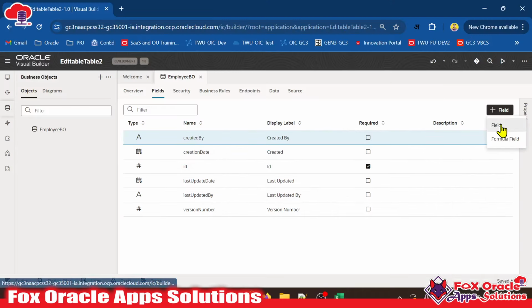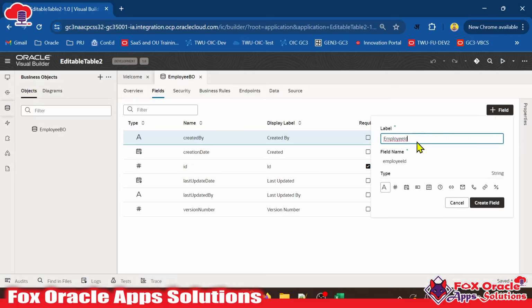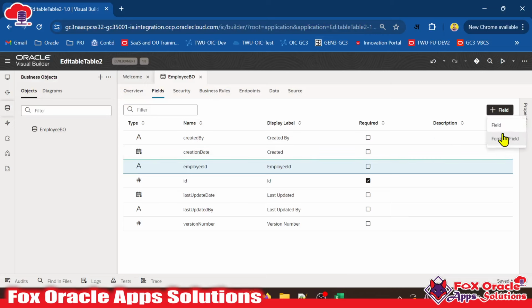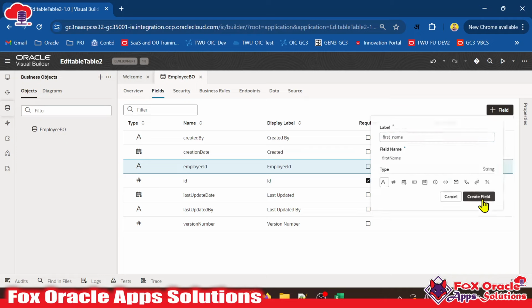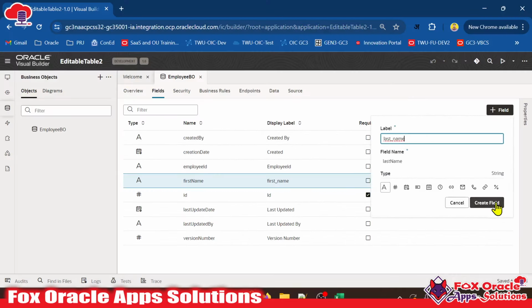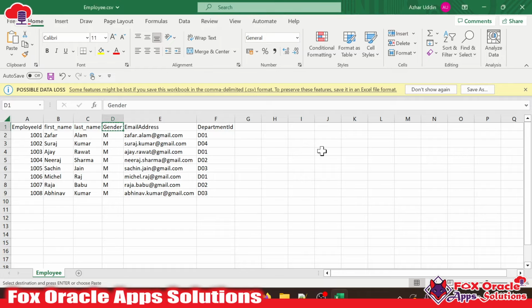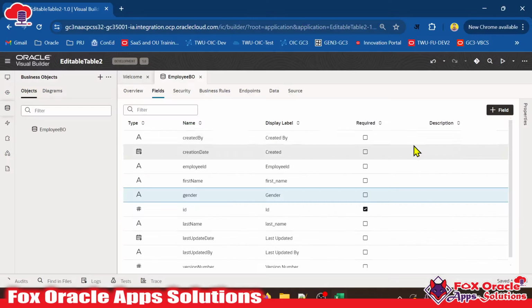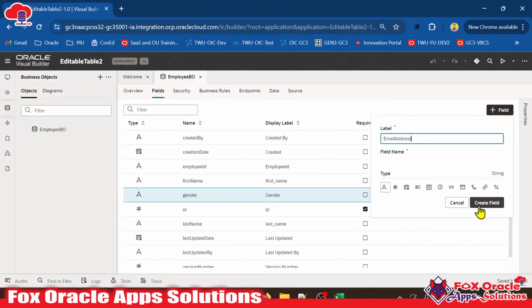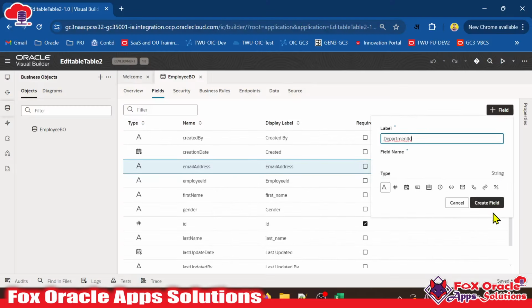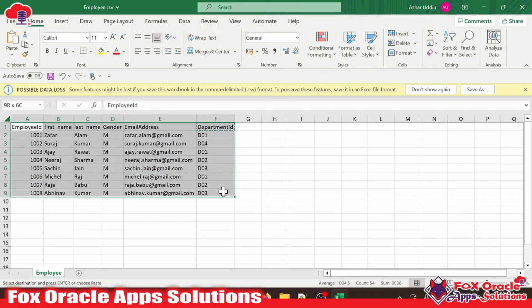So click on field. For the field, give the name as this one, employee ID, and everything I will consider as a string only. So just click field. Now I will go for first name. Click here, field, first name. Same way I will go for last name. Click on field, last name, gender, email address, and the last we have department ID. So let me go for department ID too, so that I can use that CSV file to import this data